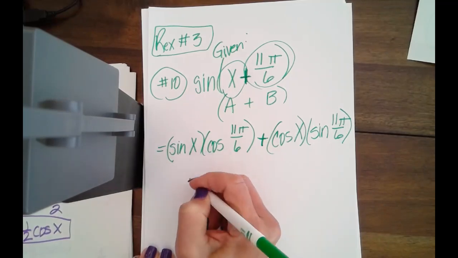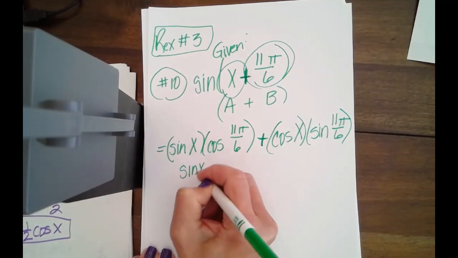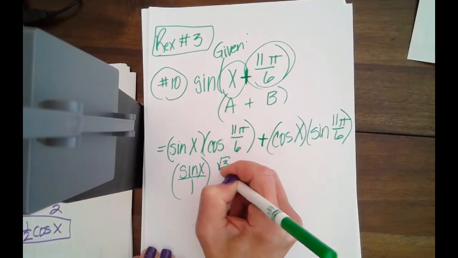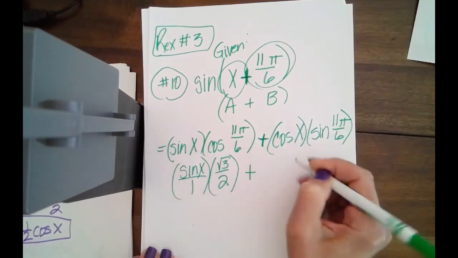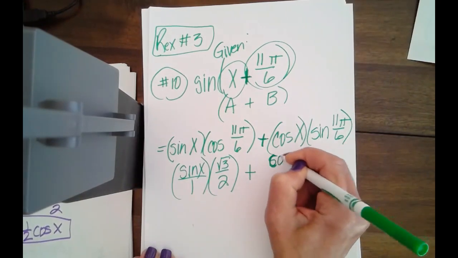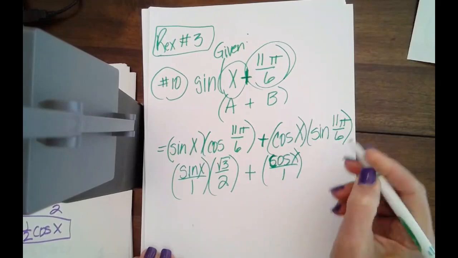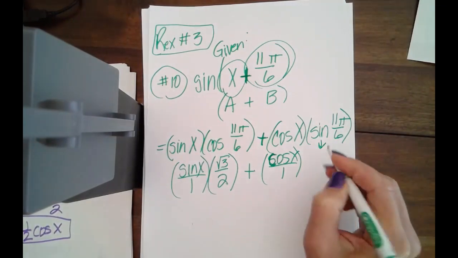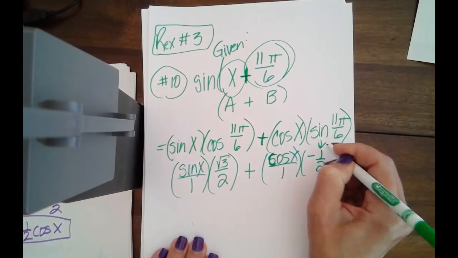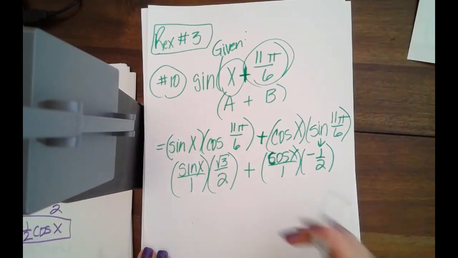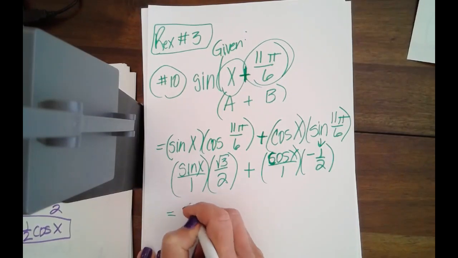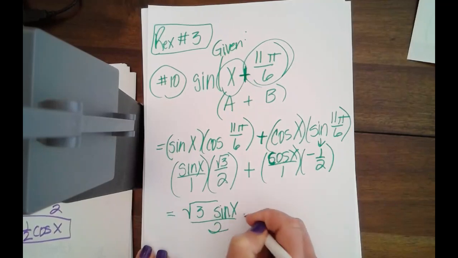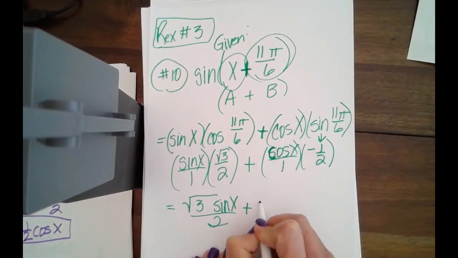Okay, so we're going to say, all right, the sine of x, that's going to be sine x over 1. And the cosine of 11 pi over 6 is radical 3 over 2. Plus, I'm going to put cosine x over 1. And that's going to be times the sine value of 11 pi over 6, which is negative 1/2. Straight off the unit circle. Top times top over bottom times bottom. This is going to give me radical 3 times the sine of x over 2 plus, this is going to give me negative cosine x